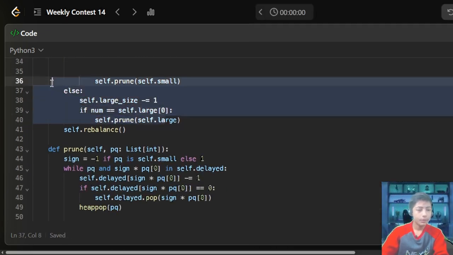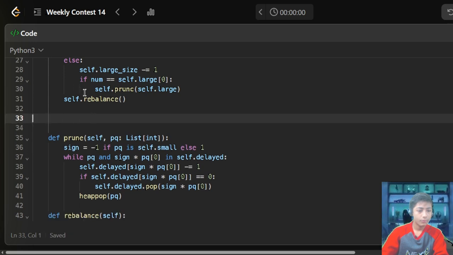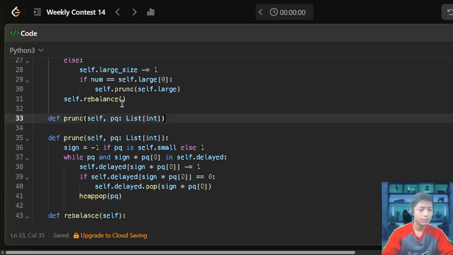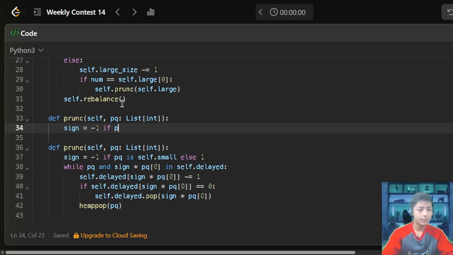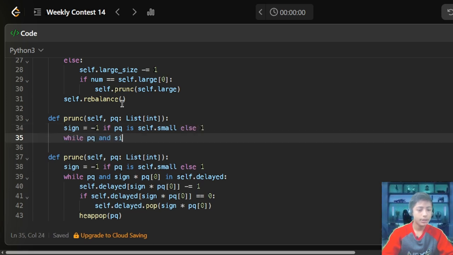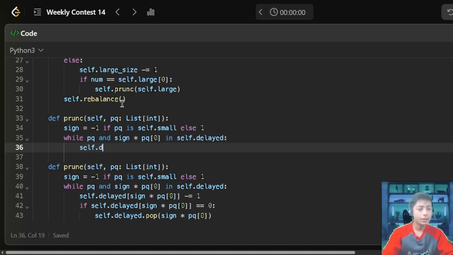back, okay, def prune(self, pq: list[int]): sign = -1 if pq is self.small else 1, enter, while pq and sign * pq[0] in self.delete, enter, self.delete[sign * pq[0]] -= 1, enter,